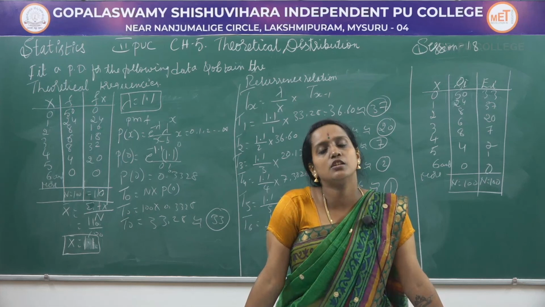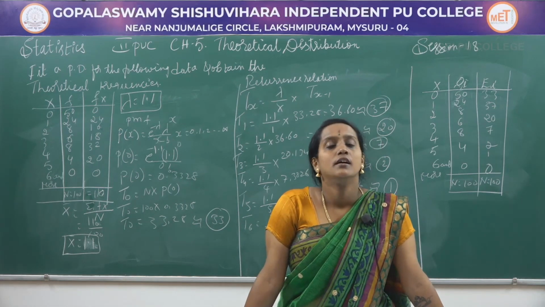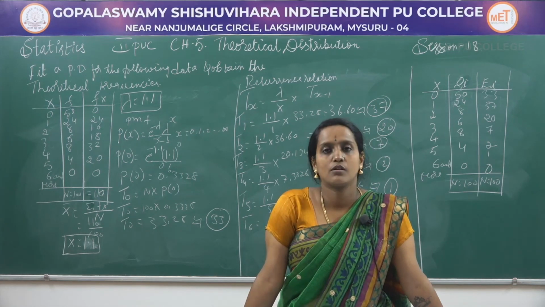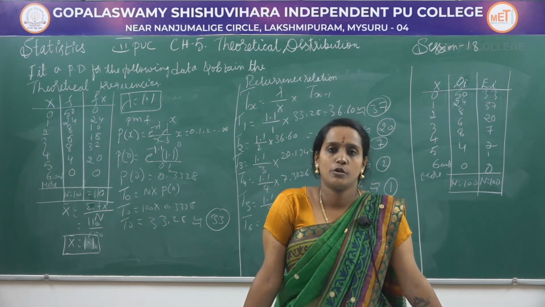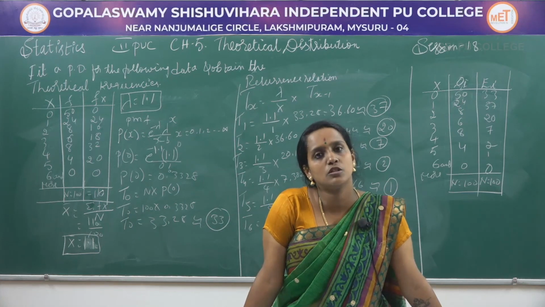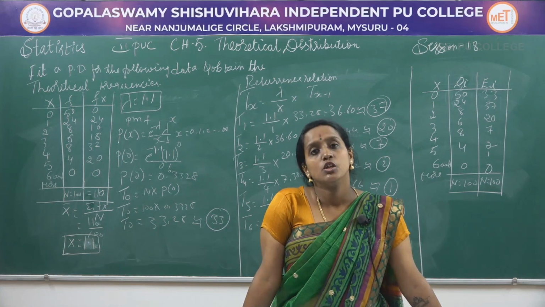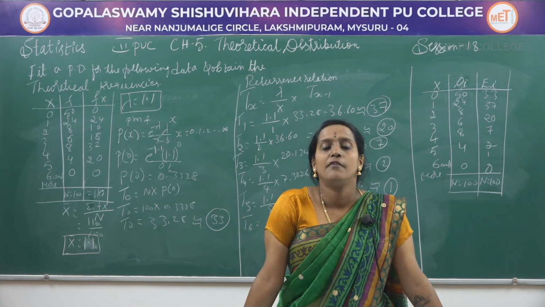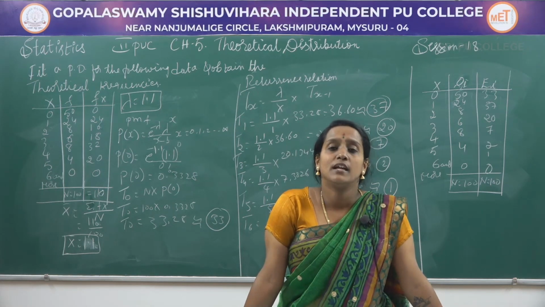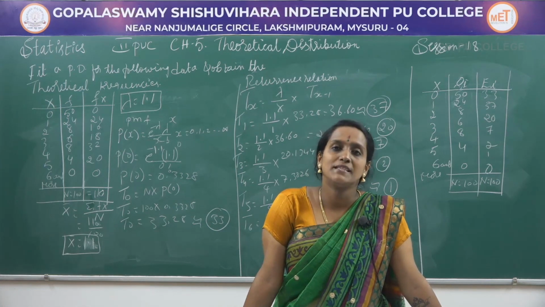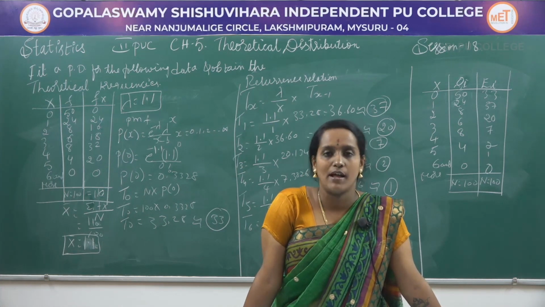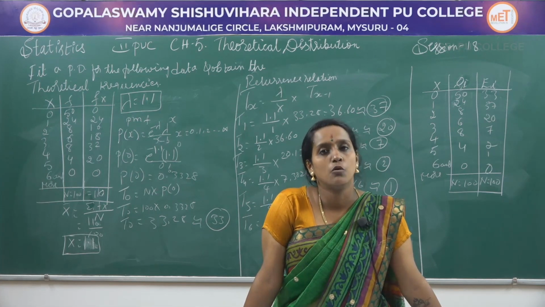So in examination you will get this type of problem for 5 marks or 10 marks. This is a very important concept from your exam point of view. Please follow this one. Don't forget any steps, because each and every step carries marks. You will calculate the lambda value, and that calculated lambda value is very important. If you make mistakes when calculating the lambda value, then the whole problem will go wrong.